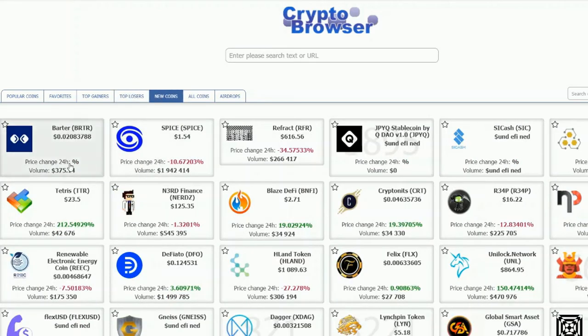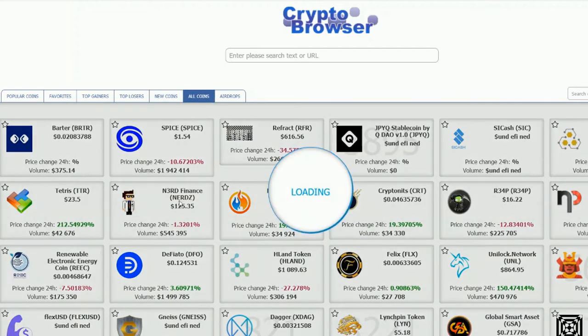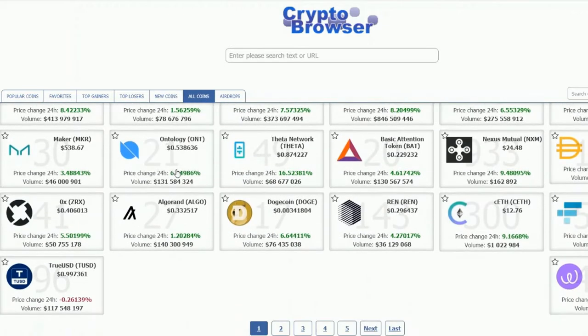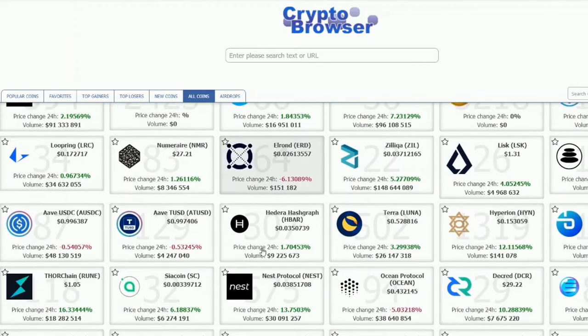These are new coins. So if you're also looking to invest in cryptocurrency or in new coins, these are coins in which you can invest because they are new and growing. You can see the percentages, growth and losses. And then here you have a picture of all the coins, and they are on different pages. You can just click on page 2 to see the coins on page 2. You will look at it.